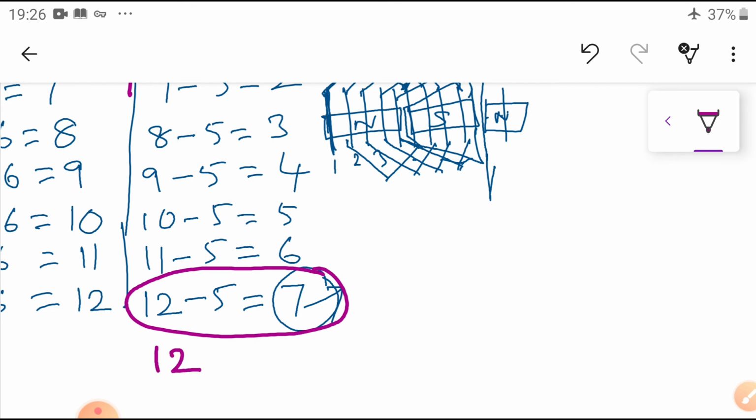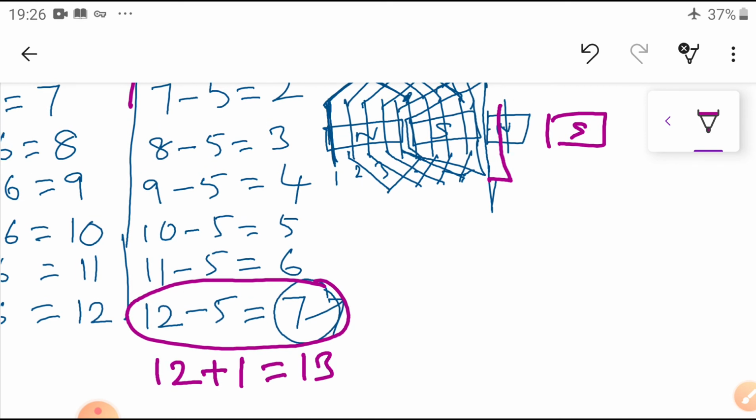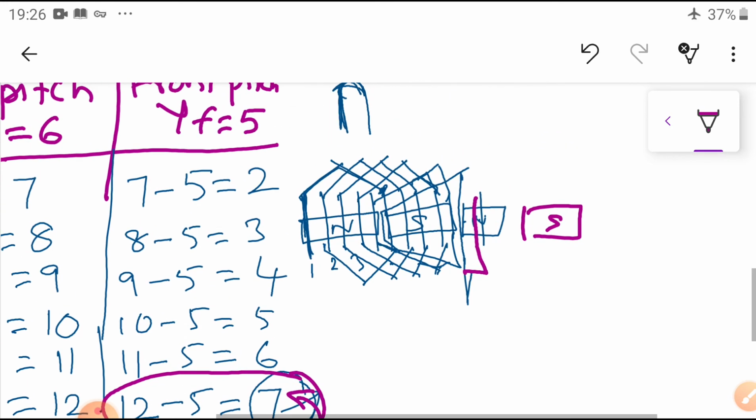plus advance. You have to go to another north pole, south pole. Here you have to go to the start once again. For that purpose 12 plus 1, so you are going to the 13th. So instead of going to the 7th, which is already filled, move just one forward. Then 12 plus 1 is equal to 13. So whatever the 12th conductor, you have to go to the 13th conductor.